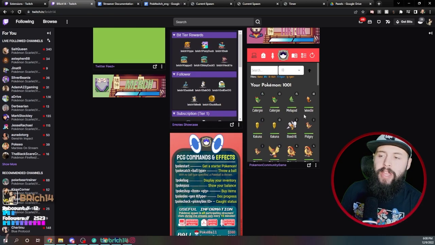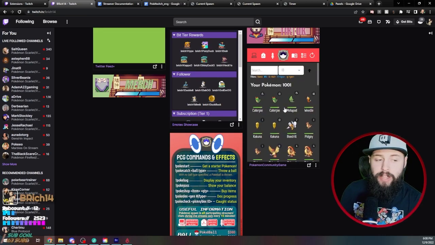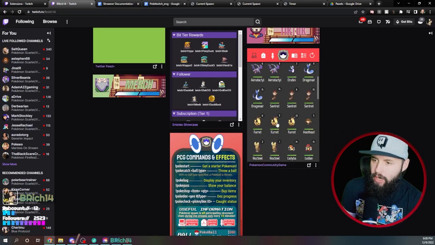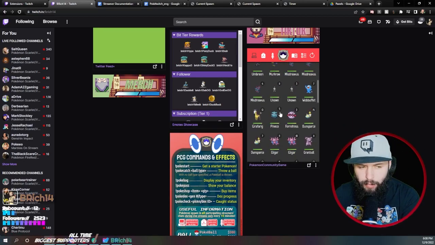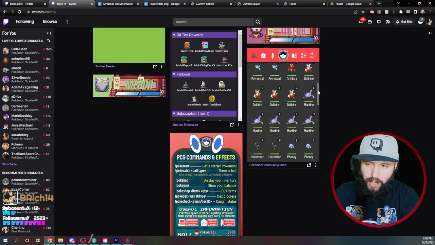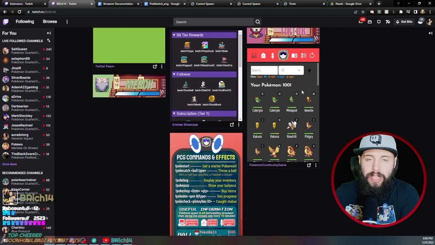What I care more about is looking at these right here, the actual extension. All of the Pokemon that you catch are going to be visible here in this extension, and you'll never run out of space, but you might end up with 5 Manteens. So you can interact with these in a variety of ways.